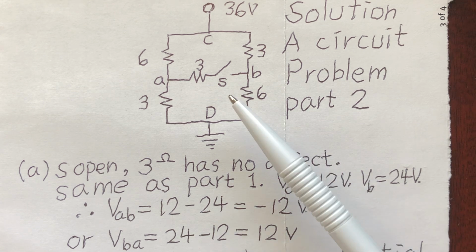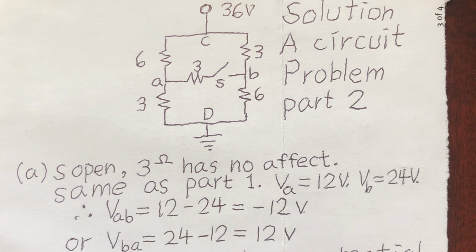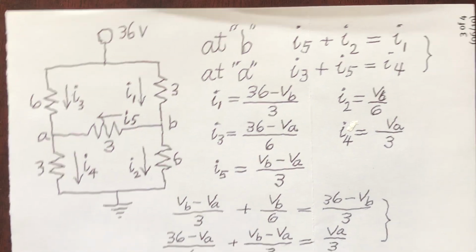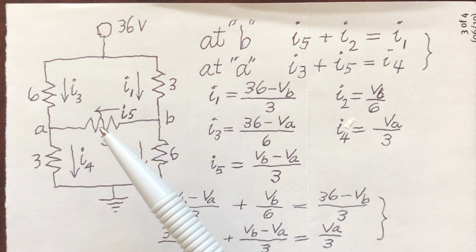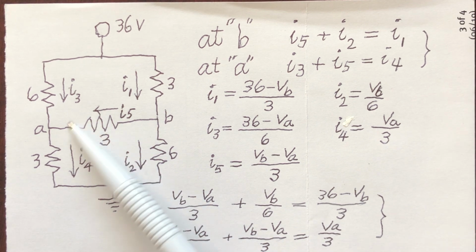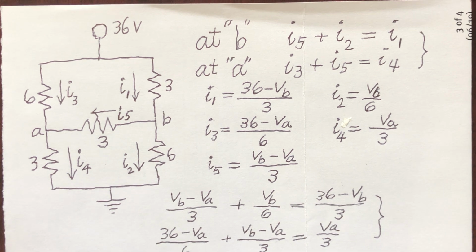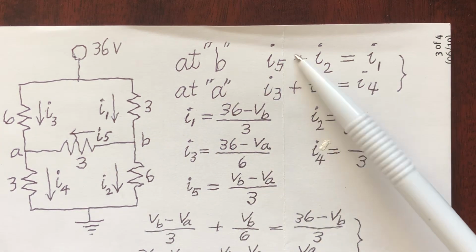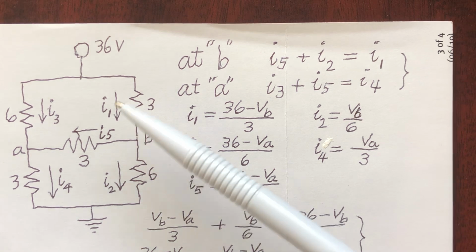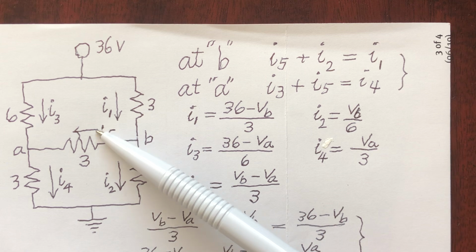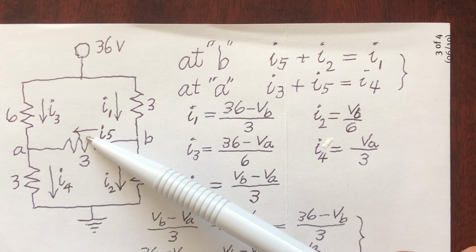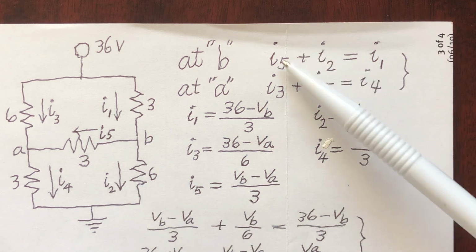So this current, this part B problem, we need to do something regarding the two nodes, A and B. When you close the S switch, so you just write the 3 ohm resistor is between A and B. At point B, this current plus this current should equal to this current. I1 plus I5 should equal to I2. So I5,